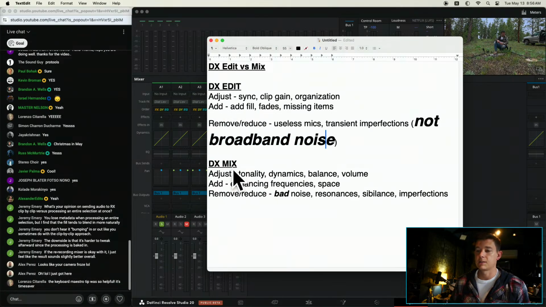We're saving that for the mix. In the mix, we're adjusting tonality, dynamics, balance, and volume. We're adding certain frequencies that are lacking, we're adding space where it's necessary, and we're removing or reducing bad noise, resonances, sibilance, and imperfections. We're doing all this also with the context of other tracks, with music especially.